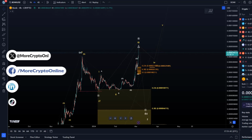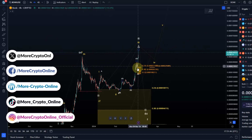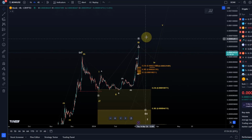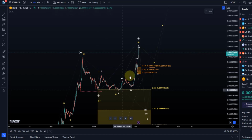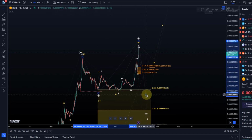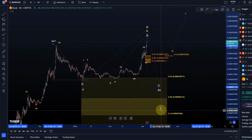Bonk continues to escalate after it dipped into our last micro support area. It has accelerated even further, 46% up in the last 24 hours, I think it is. And yeah, it's crazy price action. Still 3 waves up, so it could technically be a high B wave. If it's a high B wave, as mentioned in the last videos as one of the options,